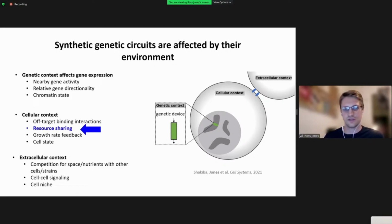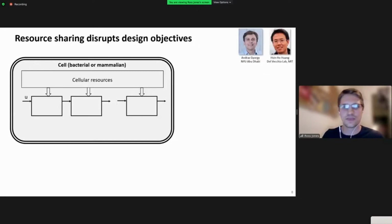So today we'll just focus on one of these problems here, which is resource sharing or resource competition among genes in the cell. But of course, there's a lot of interesting things to dive into here. Okay, so